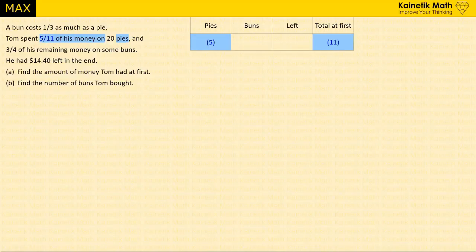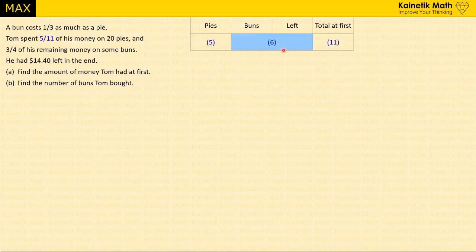So this is what we can write under the heading pie. We have 5 parts, and then the total will be 11 parts. Okay, then can we write something in between this 5 and 11? If you know what we should write, just key in the number. It's a 1-digit number. So yes, we should write 6 to represent the amount spent on the buns and